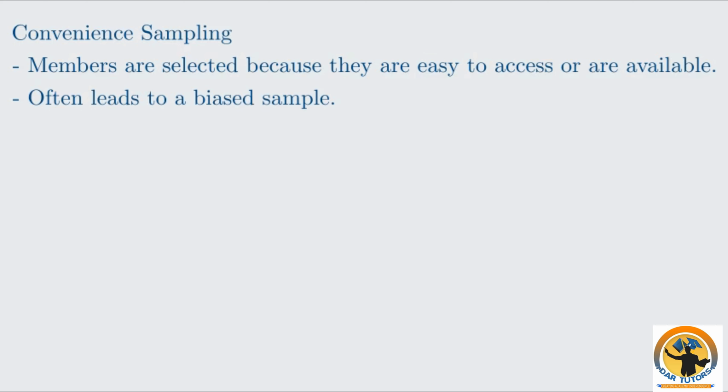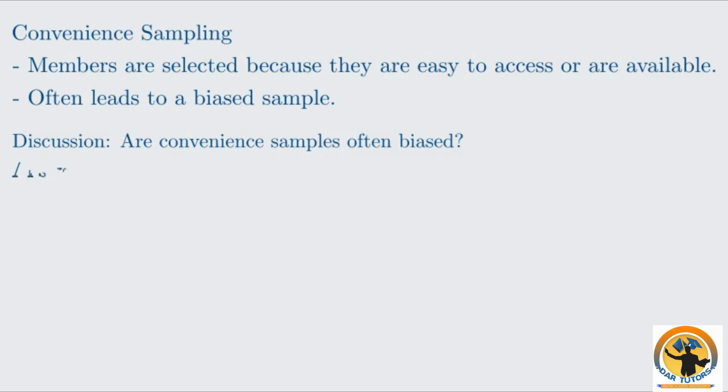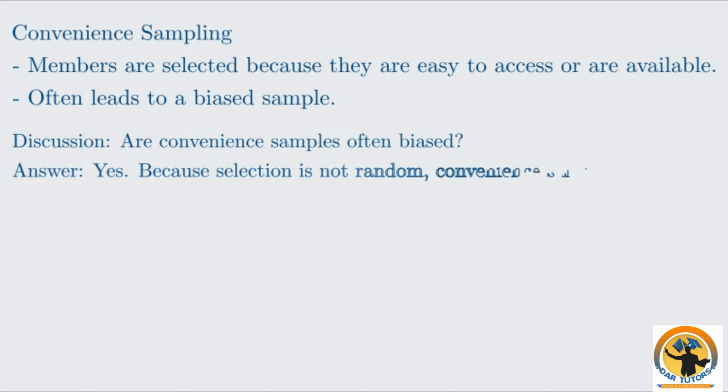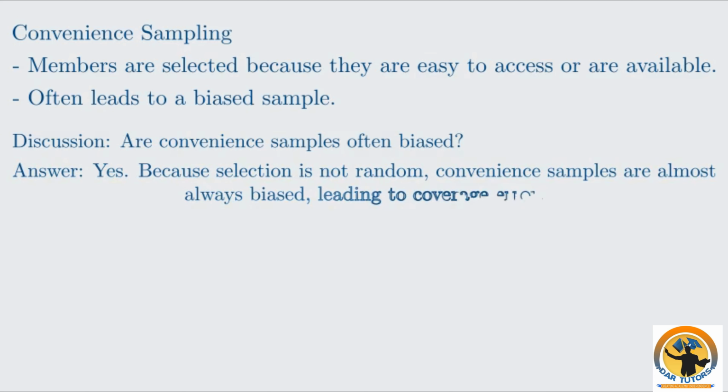This immediately introduces bias. The sample of people in the mall is unlikely to be representative of the wider population. It might include more young people, more people who live nearby, or more people who have time to stop and talk. This creates a coverage error, as certain demographics are either overrepresented or underrepresented. Therefore, the answer to the question, do convenience samples often produce a biased sample, is a resounding yes. Because convenience samples are not random, they almost always lead to coverage error and thus biased results. They should be avoided unless no other method is possible, and the researcher is prepared to acknowledge and account for